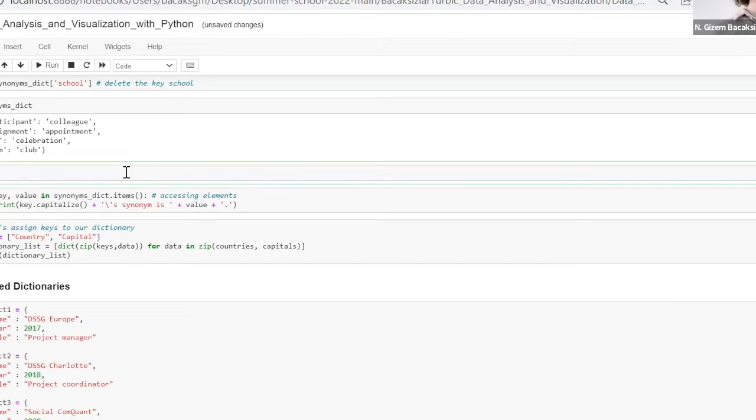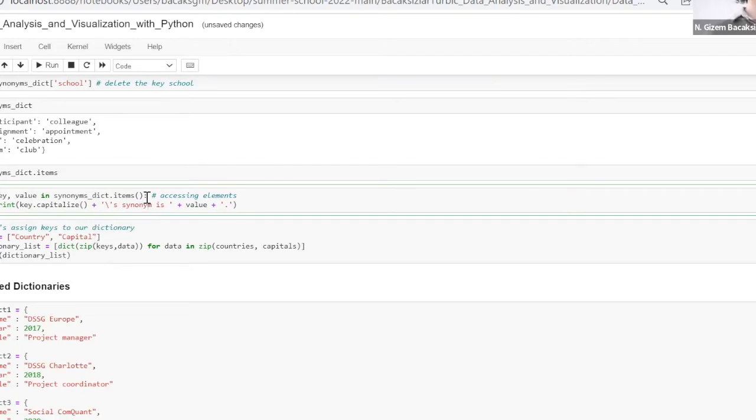Let's say I write S and Y, click the tab, and I see the synonyms dictionary. I click enter, and I would like to see some functions for this dictionary. Write dot, and then click the tab again, and see. Look, this dictionary has fromkeys, copy, get, items, keys, popitem, setdefault, update, values, everything. Now I get that items here. So to reach the items,